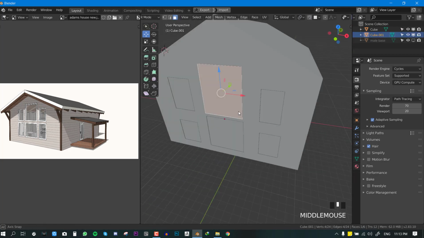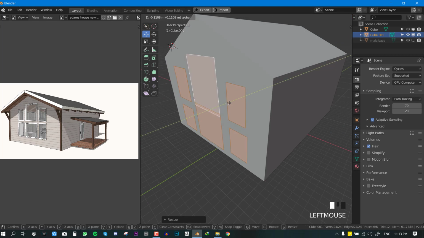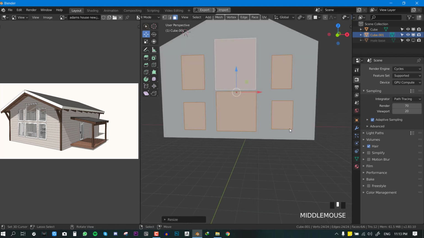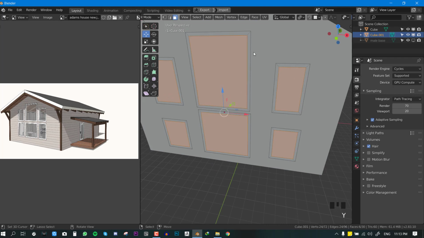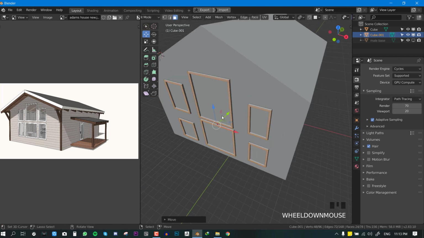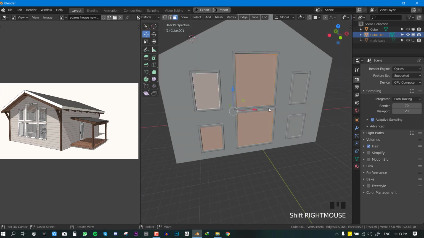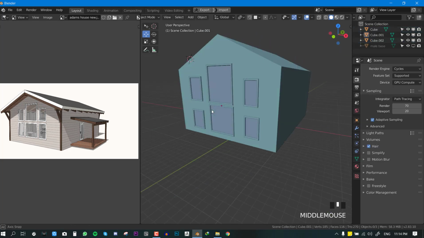So now I'm just selecting those faces and I'm going to turn those faces to window to match the reference. So setting the origin to individuals, I'm just going to scale it up so I can scale everything in its own origin, and then insert it and then select those outer edges and extrude it. For the inner faces, I'm just going to separate it and make it its own separate mesh,